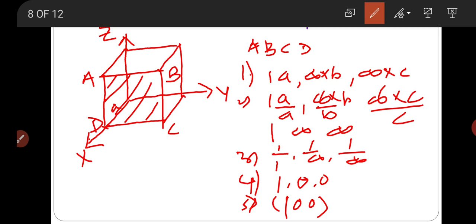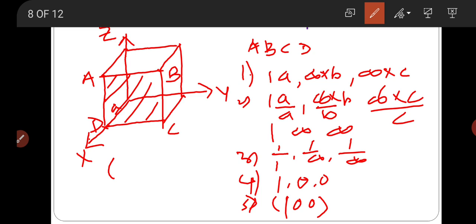Similarly, you can take any plane which intersects along the y-axis or the z-axis, and you can easily write the Miller indices. For the plane which intersects the y-axis, perpendicular to the y-axis, the Miller indices will be